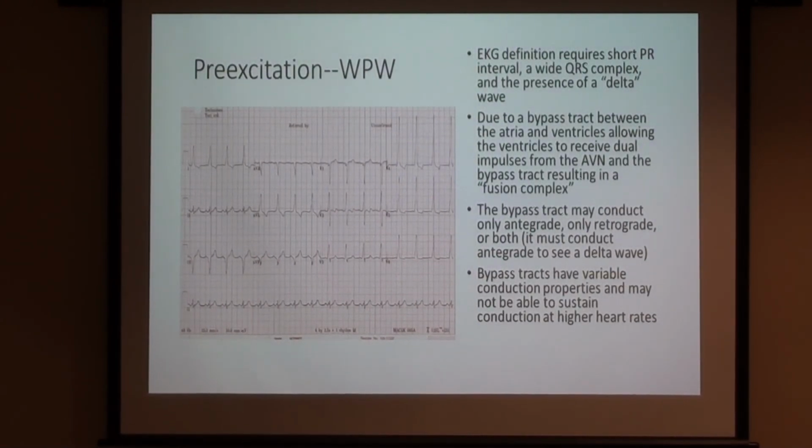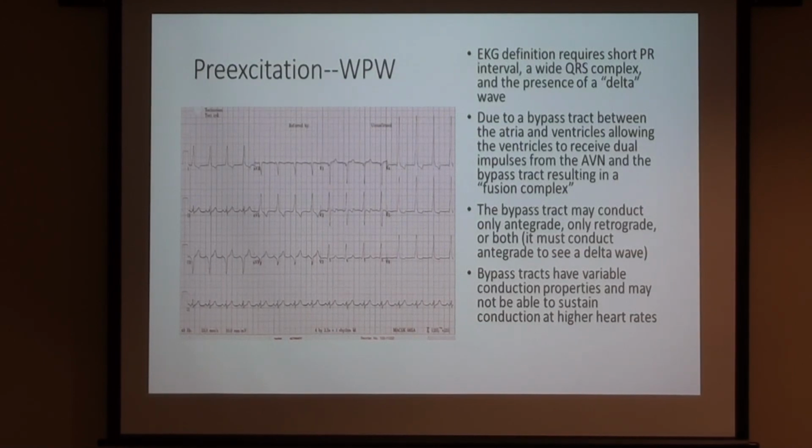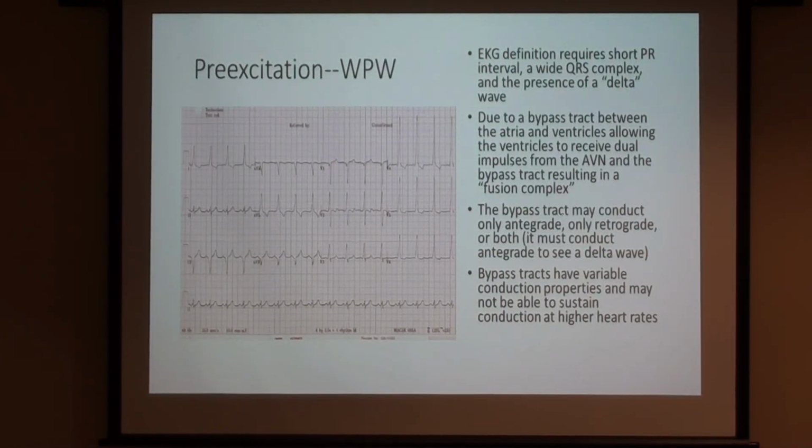It is correctly identified as a fusion complex. A fusion complex means that there are two sources of electrical activity that are crashing together to create the QRS. One place you might see fusion complexes, which is incredibly helpful, is in the diagnosis of ventricular tachycardia. Somebody has ventricular tachycardia, for example, so you have normal sinus rhythm and VTAC, right? So you have normal sinus rhythm, AV dissociation, and occasionally one of those P waves is going to happen to